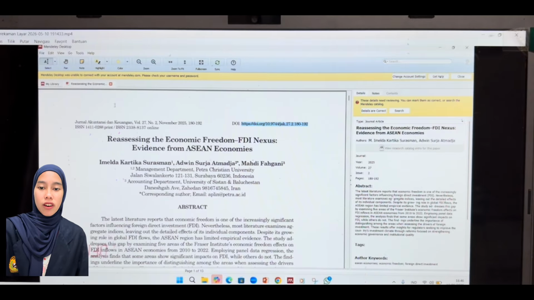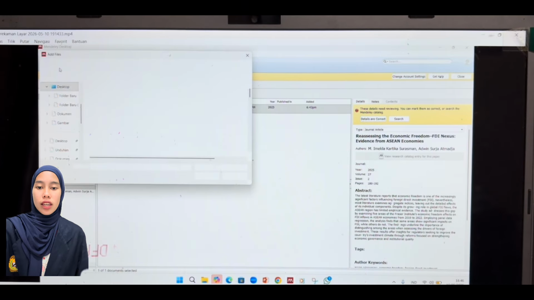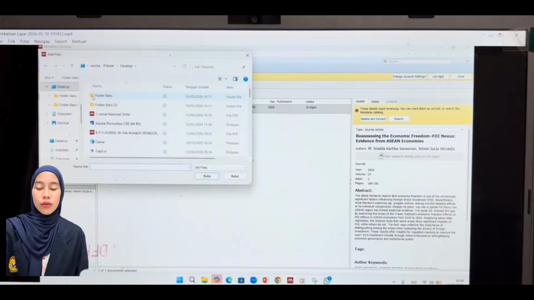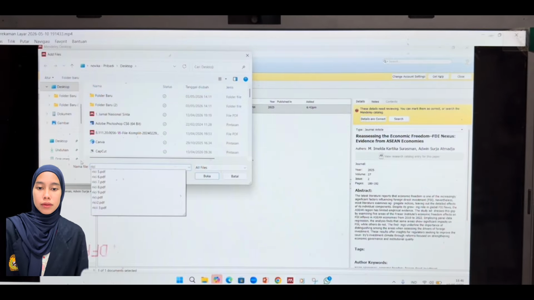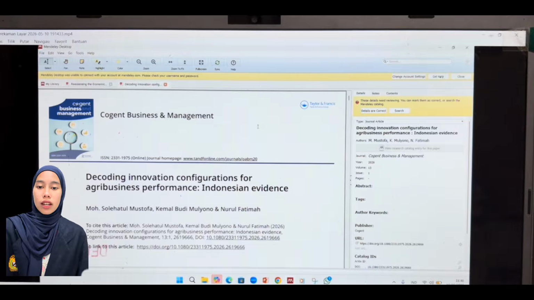Just like before, we click Add New, select File from Computer, and I choose the proceeding file I've already prepared. Click Open and wait a moment for the upload process to finish.